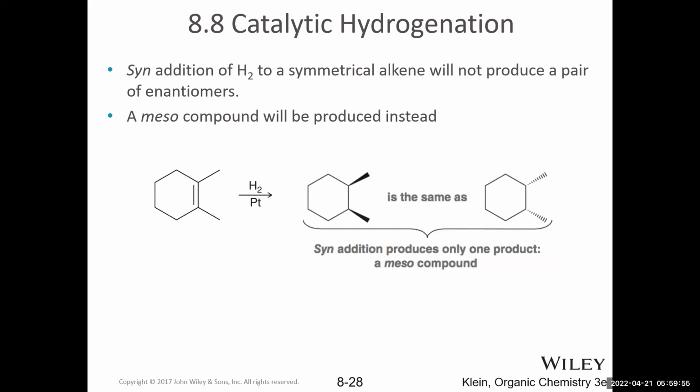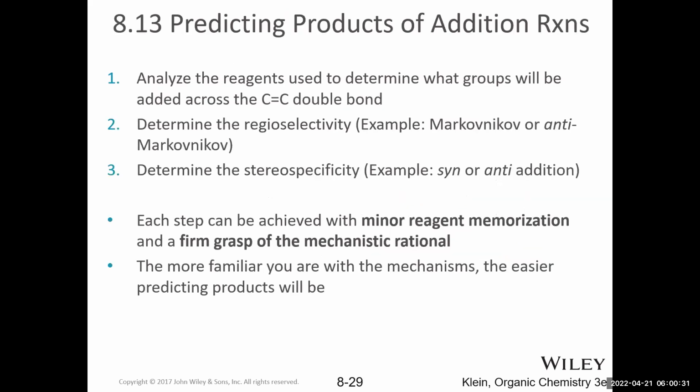But be careful, because when you start with a substrate like this and you add the hydrogens to the same side, you don't actually get a mixture of enantiomers in this case. These are the same thing because this is a meso compound. So there's an internal plane of symmetry, right? Meaning that this is not a chiral compound. You can also think of it as take this and flip it over, and you'll be able to superimpose it on the other one. So sometimes you're only going to get one product if it's a meso compound, or if there's two different chiral centers, then you would get a mixture of enantiomers that only occur through syn addition.